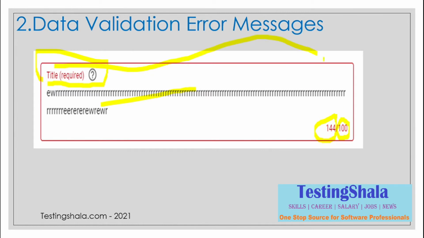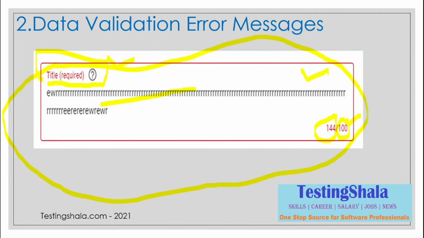Based on your requirement, you should validate whether after taking 100 characters an error message should pop up, or it should show some highlighted text or highlighted boxes. That is also a type of test case you should validate.